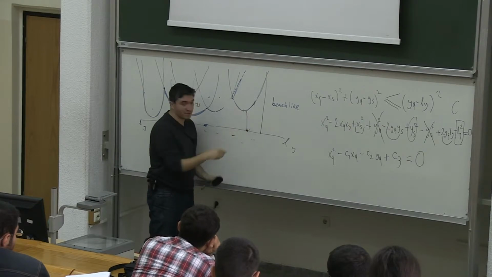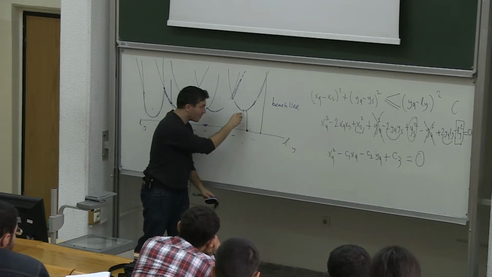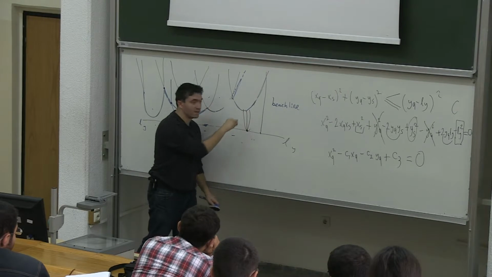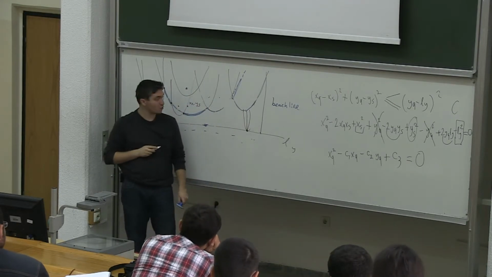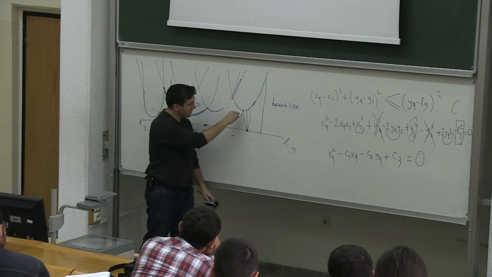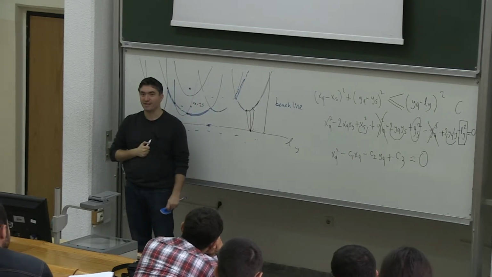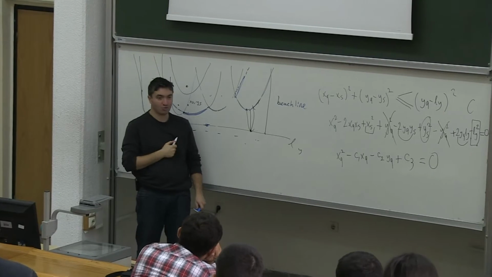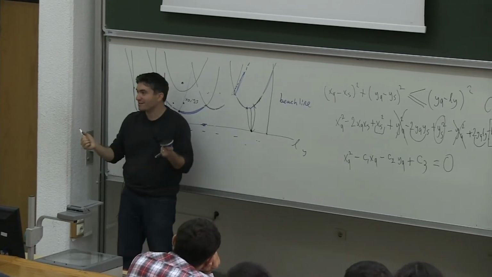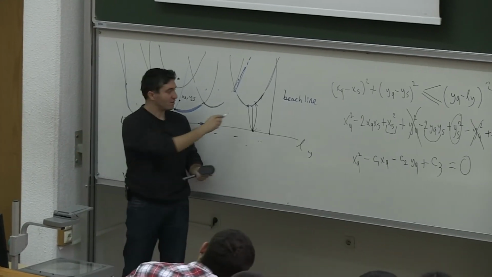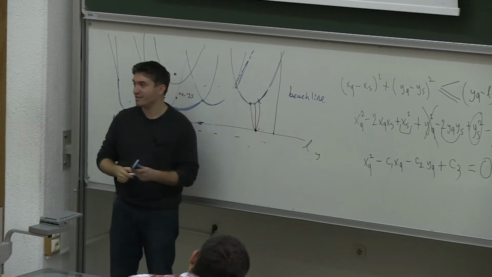A new site just appeared here, and a parabola appeared due to this new site. What happens is that there are two breakpoints, to the left and right here. Two breakpoints start emerging. So if these are edges,